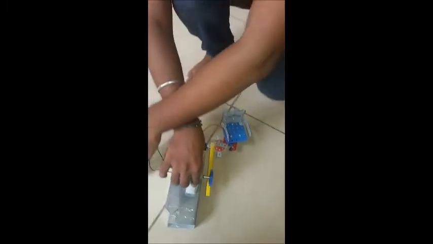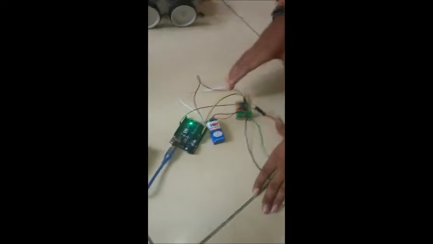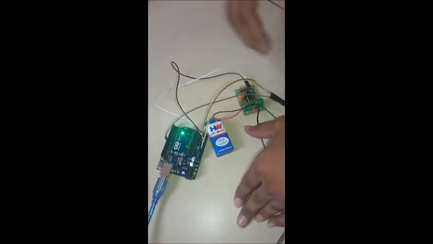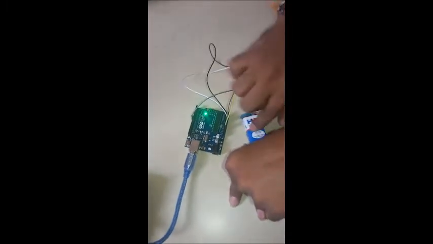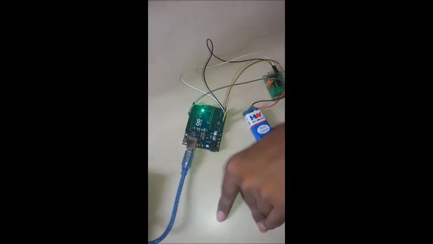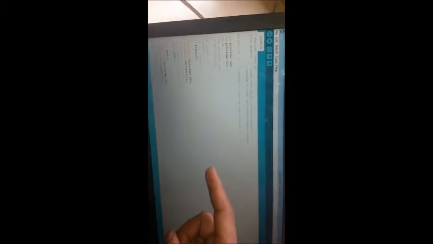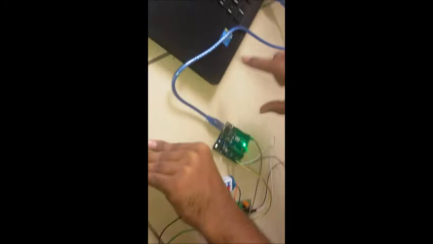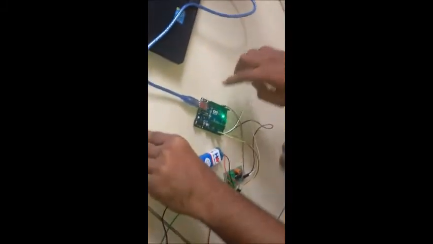Now let's go to the Arduino code and the components involved. Here we use the H bridge, the battery and the Arduino for this setup. This is the Arduino Uno, which is used for dumping the program. This is the Arduino software. This is the program for the DC motor, which is used for the to and fro motion of the gate that I used. And this is a cable, which connects to the Arduino. The program is dumped into the Arduino, and these are the ICs and the pins.